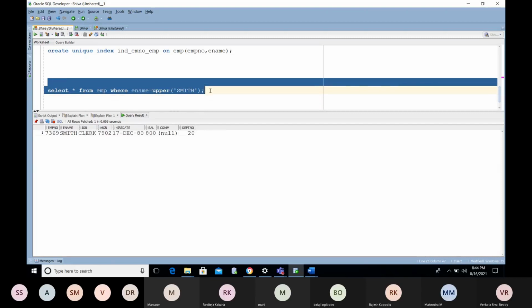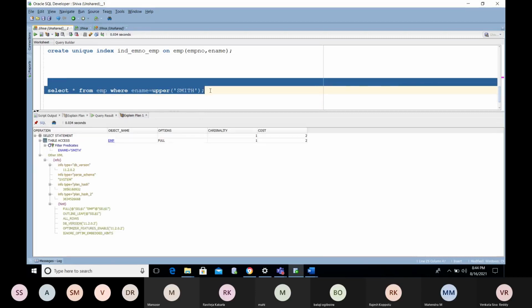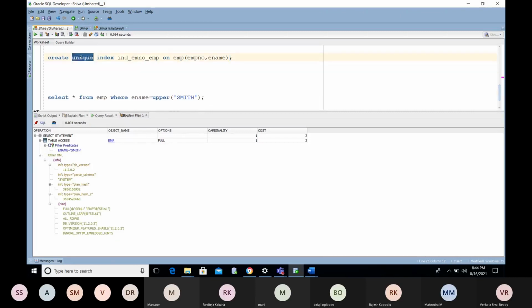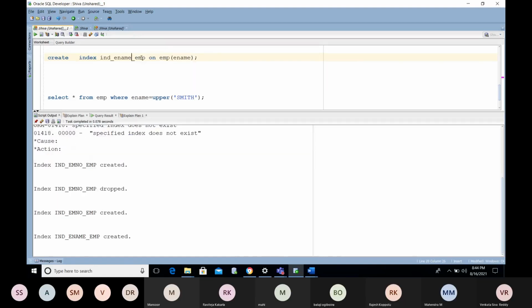I am looking at the explain plan here. It is going for a full table scan, and I am going to create an index for this as well. I'm creating a normal index, and this time I'm providing a proper name.